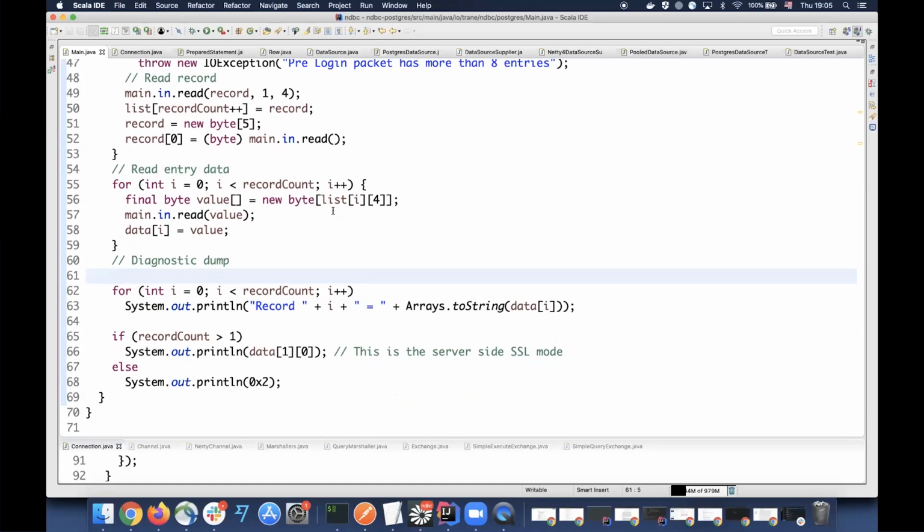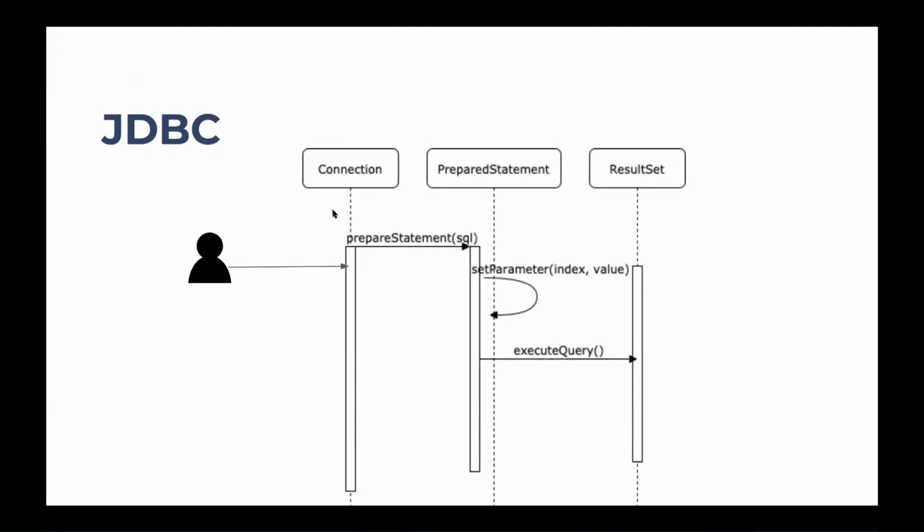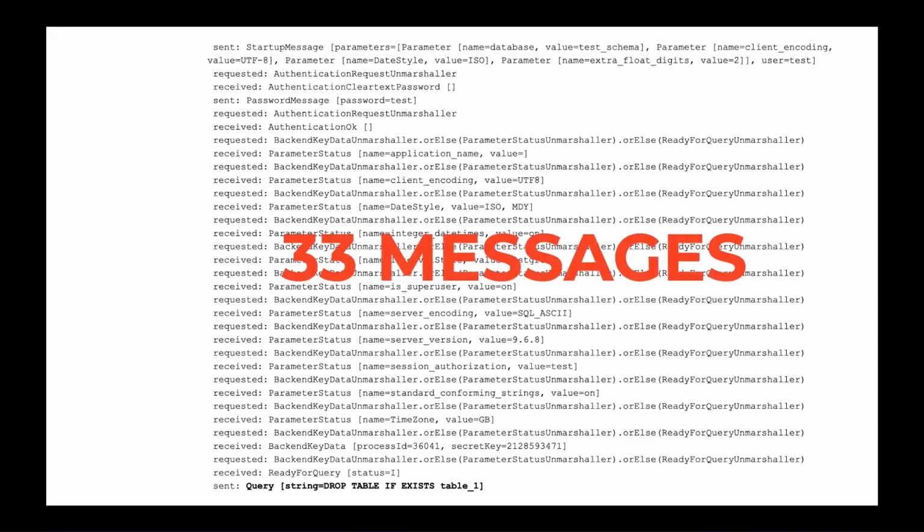Yeah, I was trying to reproduce what that previous diagram actually does. So this is the first example, and I was trying to reproduce that. All that code, all those beautiful bits and bytes that I had over there, they managed to get me here. Here we have 33 messages that we have to exchange with a database before your query actually gets to the database. The last line here, I don't know if everyone can see, it's a query, drop table something, right?